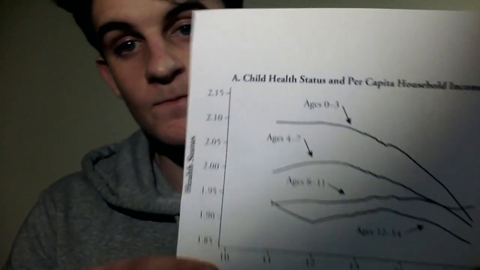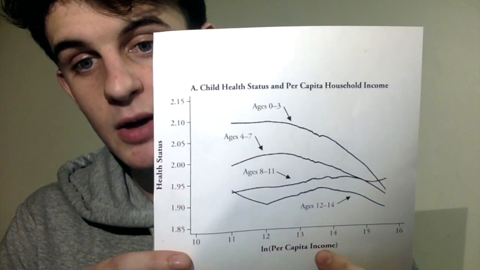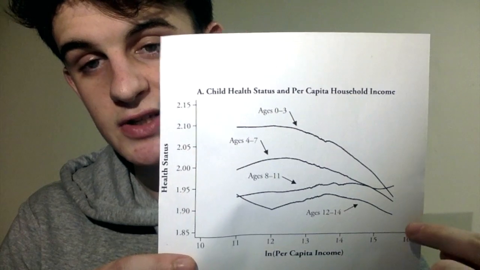An example of a piece of research that explores the relationship between SES and health is a study from Cameron and Williams in 2009. They studied Indonesian children and compared their household income to their general health using a rating. Now, this rating was formed from a parent's point of view and a medical nurse's point of view, and this is the results that they received. So as you can see, for all ages, as the per capita income increases, the health status decreases, which does show a negative relationship between SES and health.